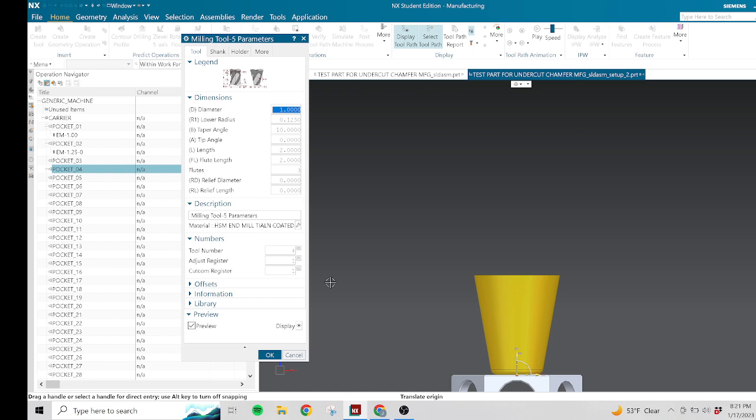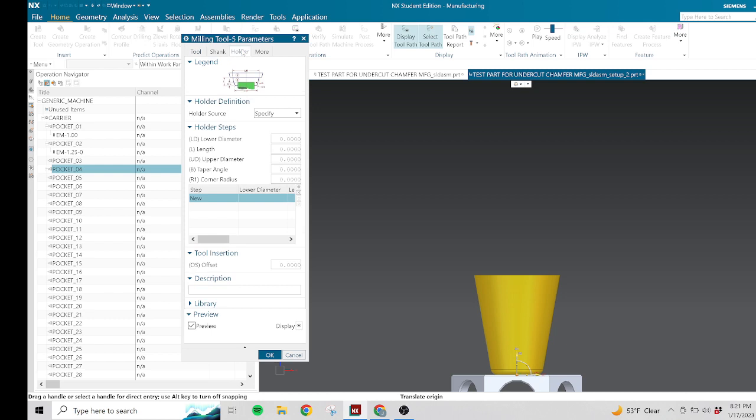Objective: define a tool shank because the tool is tapered. Even if it wasn't tapered, every tool needs a shank. In the milling tool 5 parameter dialog box on the shank tab, set the following parameters: